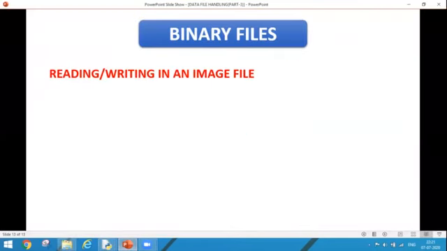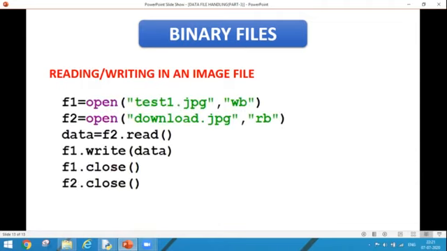Next is how to read and write the data in an image file. Like we have multiple image files. So these type of files also we maintain through binary files. Here is the code. The procedure will remain same, but the only difference is that the extension of the file is changed. In the previous example, I was using .pdf, but here because my image file is of type JPEG, so my extension will be JPG this time. Otherwise, nothing will be changed.